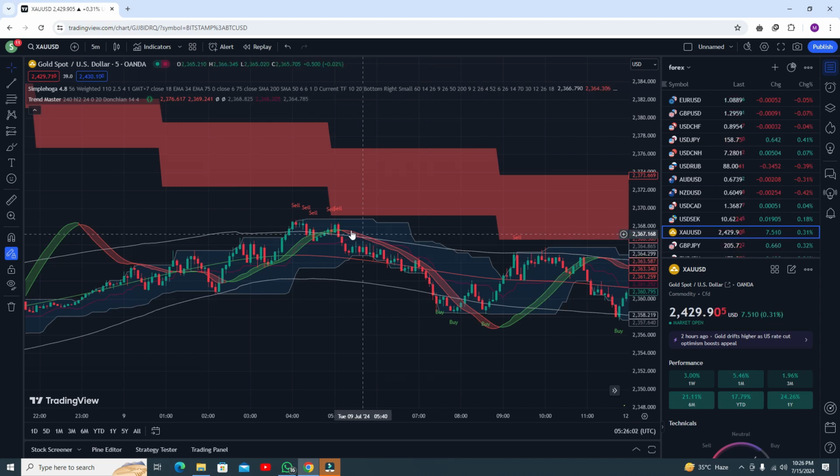Just listen, hopefully you will understand the whole strategy. Make sure the RSI is above the upper band line and the trend is red, then you have to follow the sell signal. And if the RSI is below the lower band line and you are getting a buy signal, then you have to follow only the buy signal if the trend is green. Okay, and if the trend is green, make sure the RSI is below the lower band line, and you are getting a buy signal.